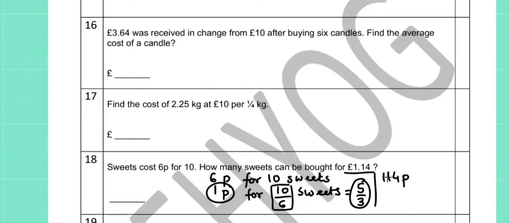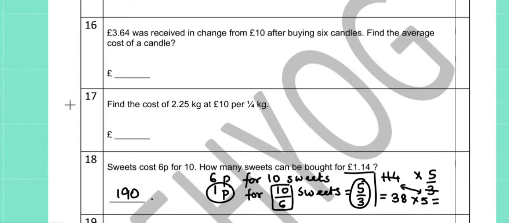So, 114 pence can buy 5 upon 3 times the number of pence. So, 114 divided by 3 and then we times it with 5, 38 times 5 and we will get